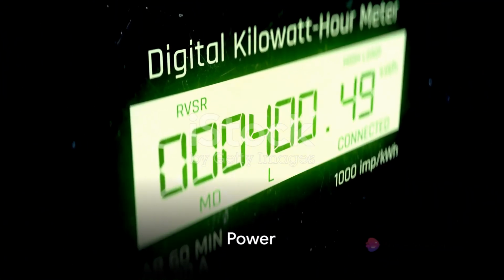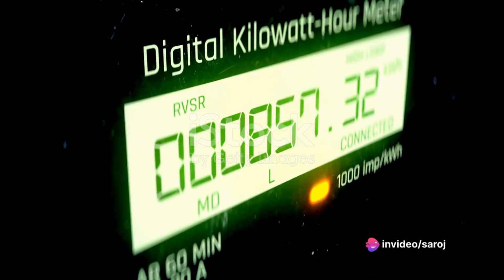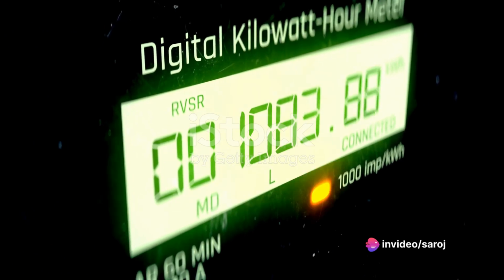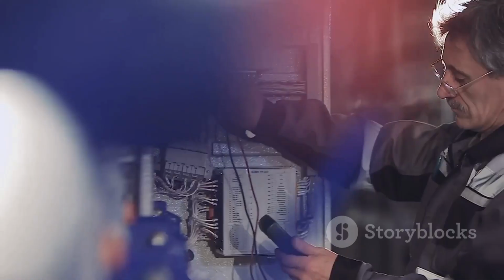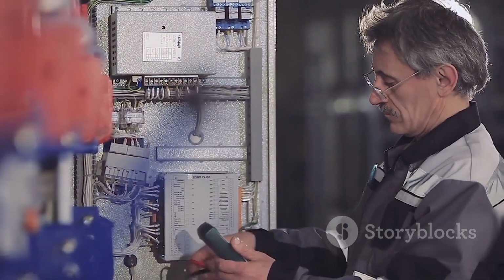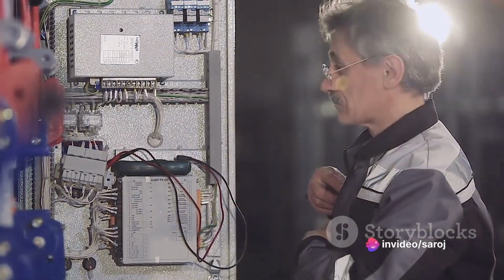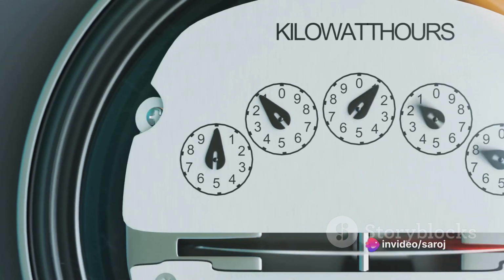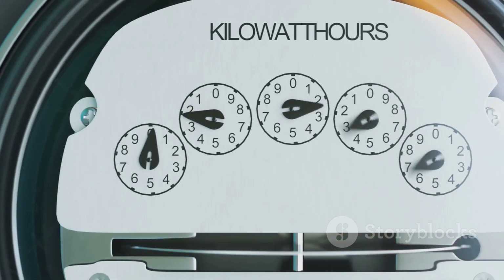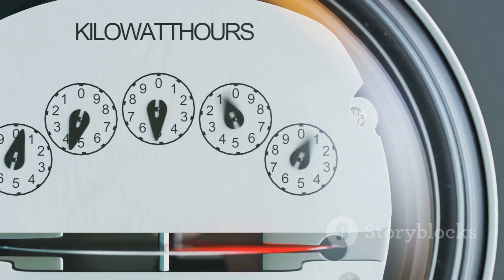Next up is power. Power, in the realm of electricity, isn't about dominance or control. Rather, it's about the rate at which energy is transferred or converted. Just like a sprinter who uses their energy to move as quickly as possible, electrical power is all about how swiftly energy moves from one point to another. In technical terms, power is quantified in units called watts, a term you've probably heard when talking about light bulbs